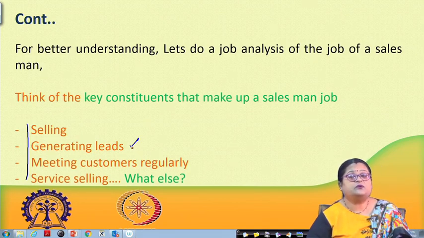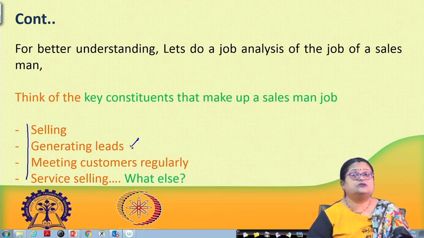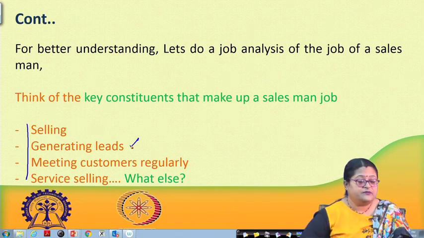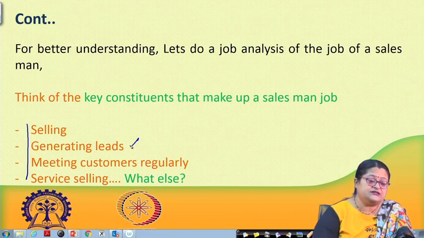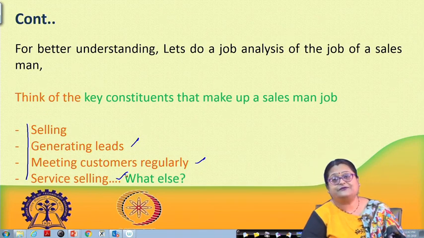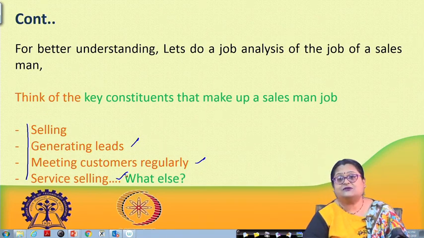Because maybe if you want to grow, if you want to increase your customer base in future, if you want to get more loyal customers in future, maybe generating leads, meeting customers regularly, service selling, these are going to become more important for you. Depends on what is your vision,